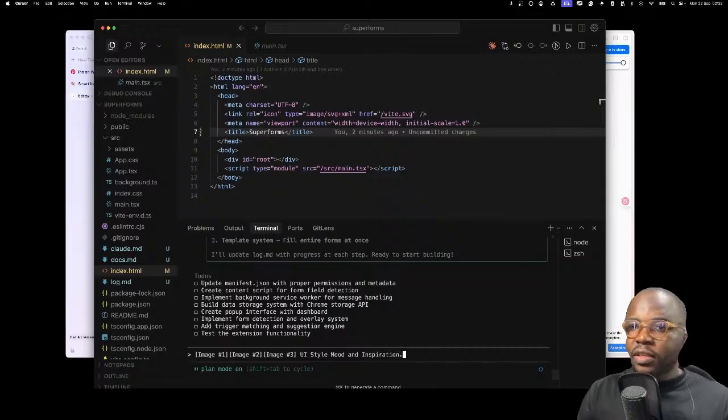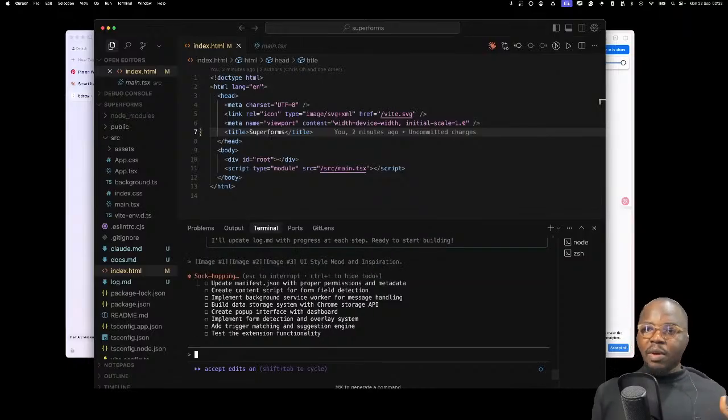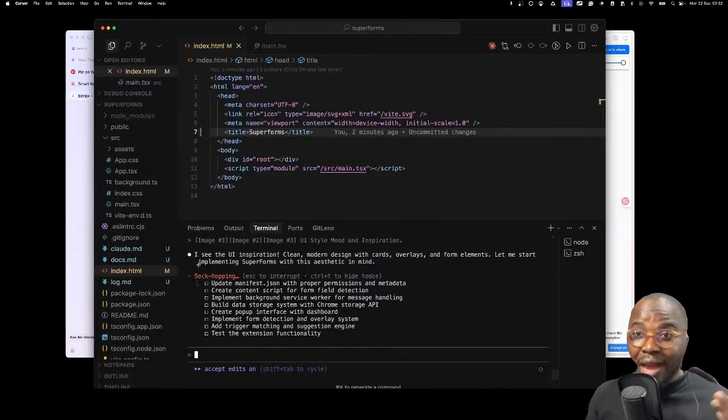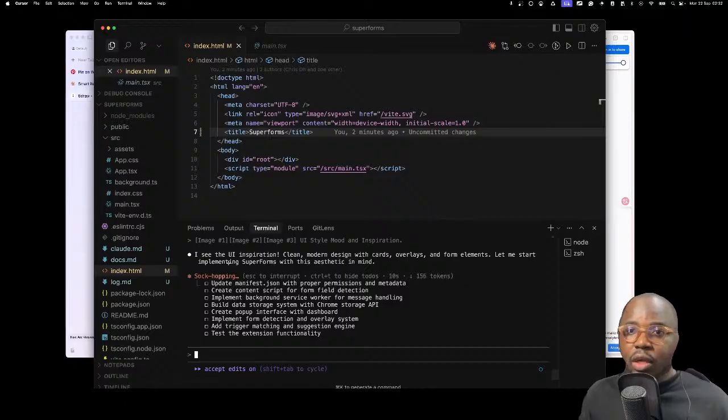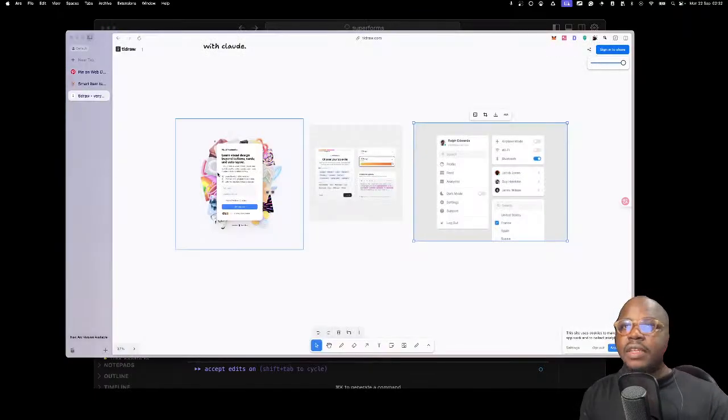So I give it this, and boom. Now I've given it permission to start, but I also gave it the UI vibe I want. So it's going to go ahead and start doing the stuff right now.